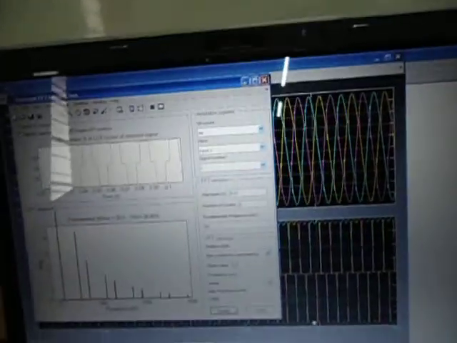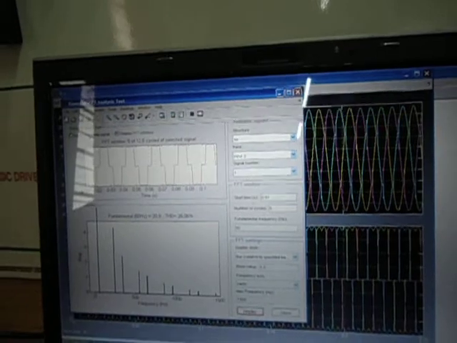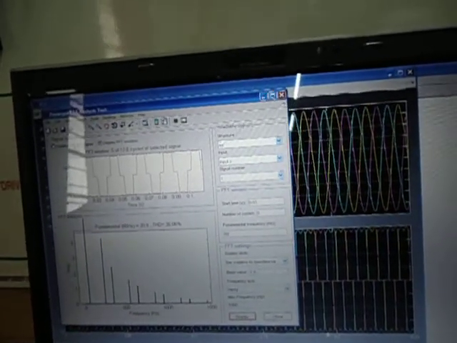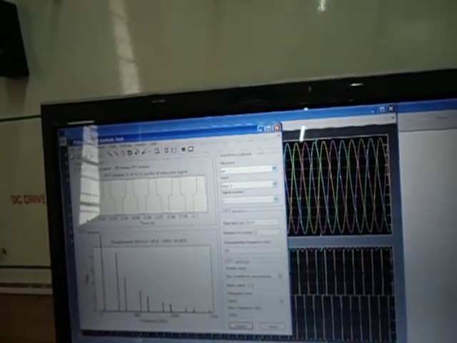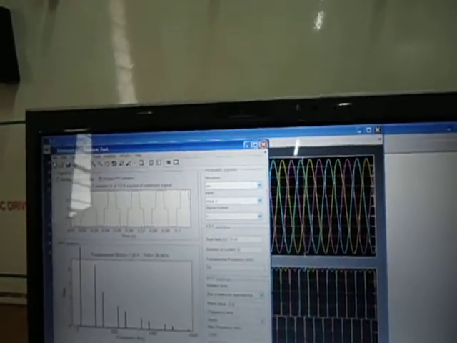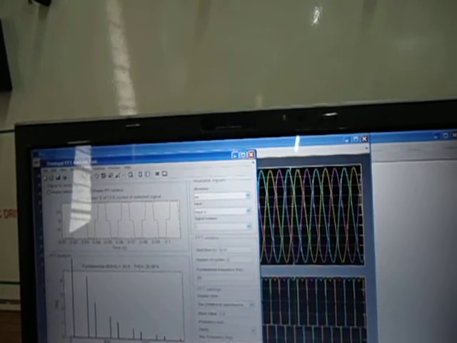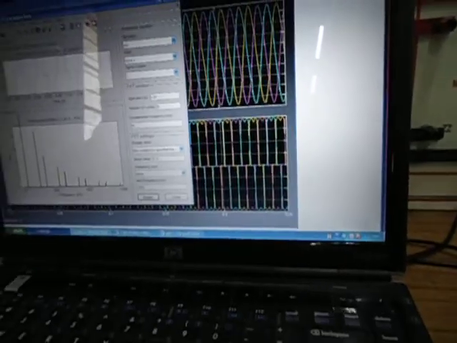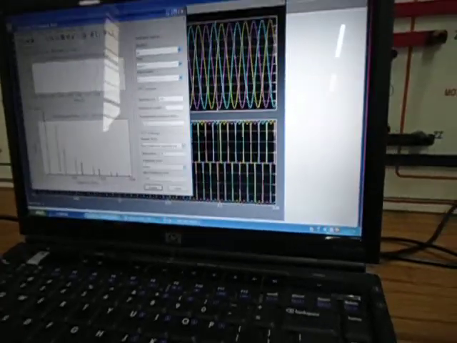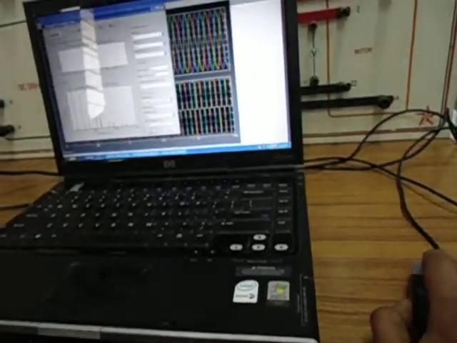This is a high amount of total harmonic distortion according to the IEEE standards. According to IEEE standards, total harmonic distortion should be below 5%. So in order to reduce the total harmonic distortion, we have to go for a control method. There are different control strategies, and we are going for a shunt active power filter controlled by the Iq and Id control method with a PI controller.